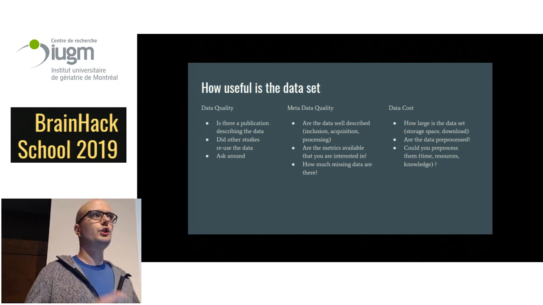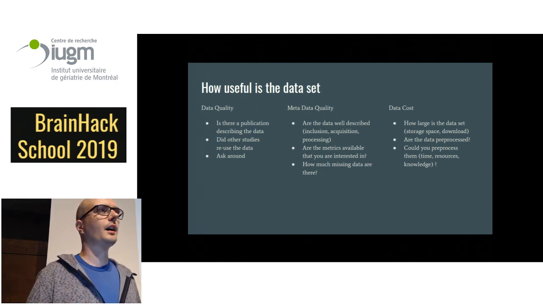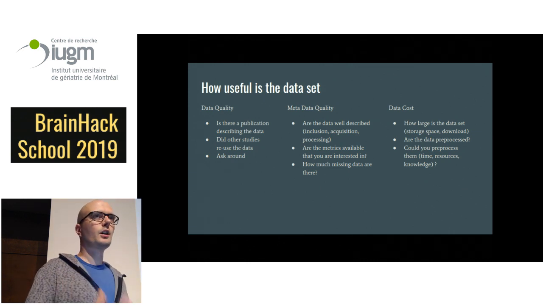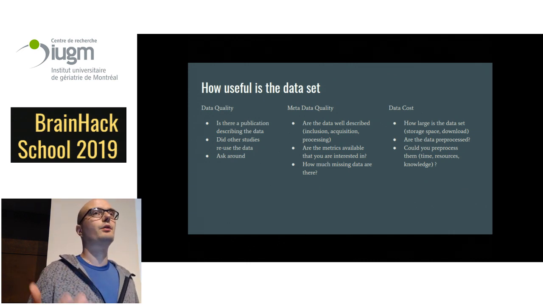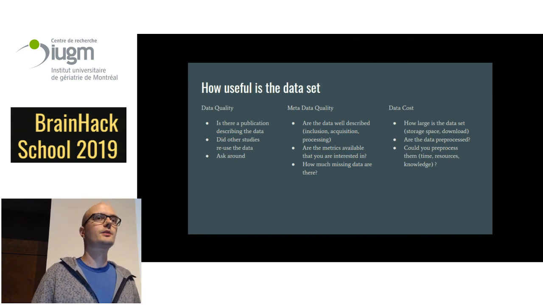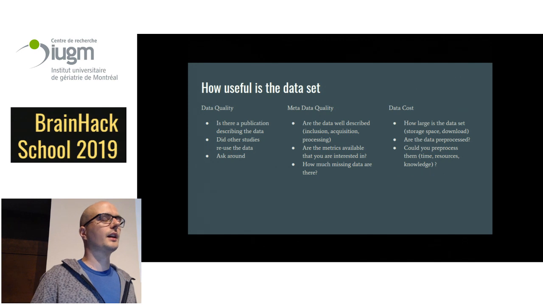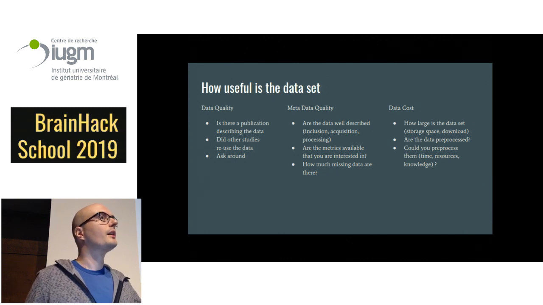So huge sample, perfect quality of the data, but then you figure out the thing that you want to look at, the behavioral battery of tests or something, isn't actually available, right? So now you've spent all this time preprocessing the data, and at the end of the week you figure out I can't actually run my analysis because that data isn't there. Or it might look like it's there, but then half of the cases in your data set have missing data,